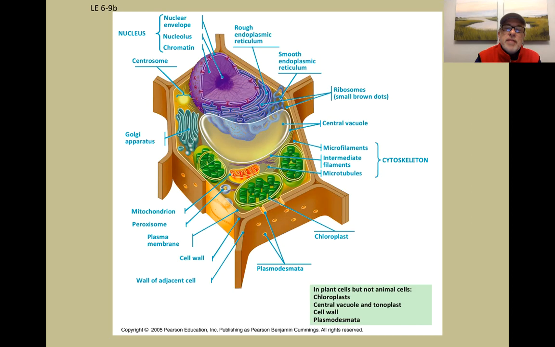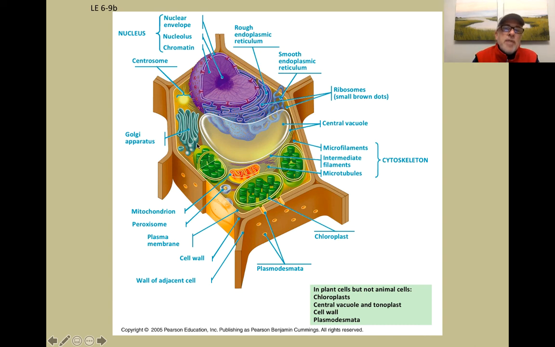Let's now take a look at a plant cell. Here's a plant cell. You can tell it pretty quickly by a number of things. It has a cell wall, and it has these chloroplasts. These structures here we'll talk about in a second, and this large central vacuole. But like the animal cell, it has a cell membrane inside the cell wall. It has a large nucleus inside of which the DNA occurs. It is surrounded by endoplasmic reticulum, both the rough endoplasmic reticulum, which has the ribosomes on it, and the smooth pipe-like endoplasmic reticulum. It also has mitochondria, and it has, instead of lysosomes, it has things called peroxisomes, and it